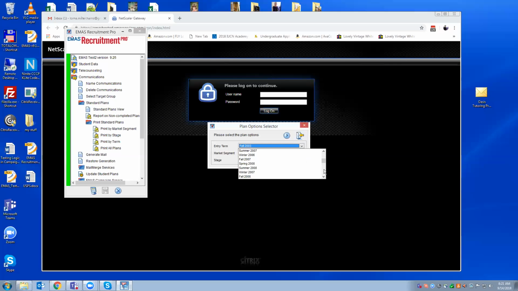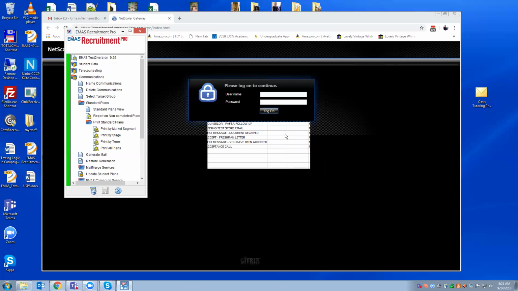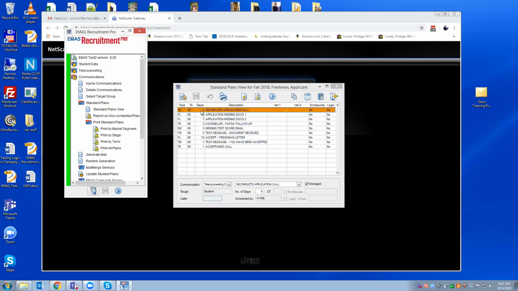So this time of year, if you are still recruiting students for the current entry term, then of course this is fairly logical. You probably already thought this through, but you're going to want to evaluate against the number of days in your plan and consolidate those.